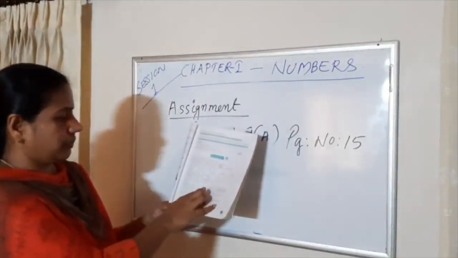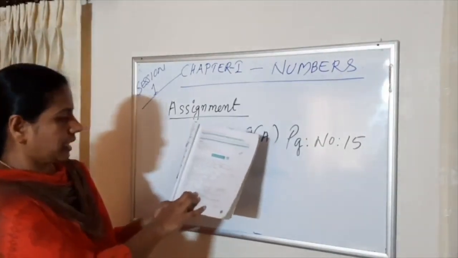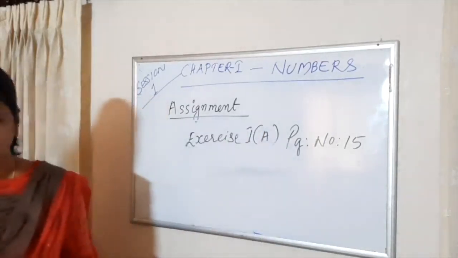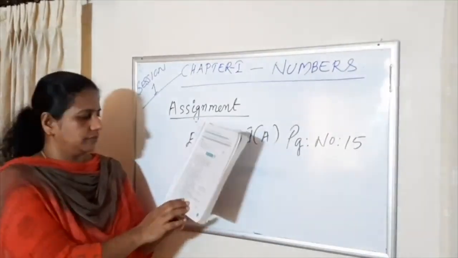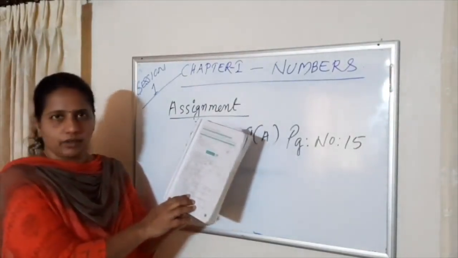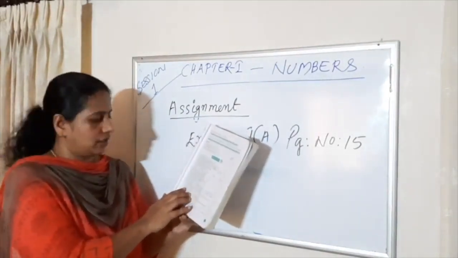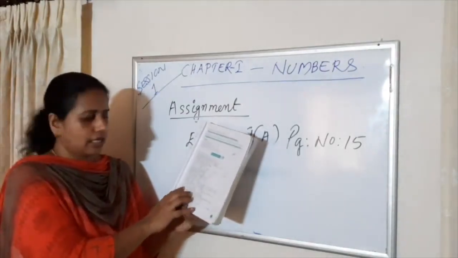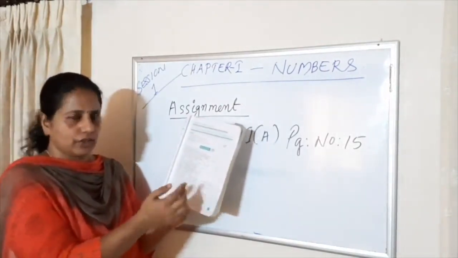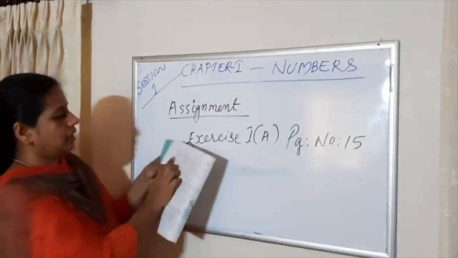Next one is fill in the blanks, greater or lesser, that I told you how to compare numbers. Next one, arrange the following numbers in ascending order. Next one, arrange in ascending order and descending order. I already told you ordering numbers, so from that you can easily arrange this. First you count the digits and find out the greater or lesser. After that you can compare it. Next one, write the successor of and write the predecessor of.